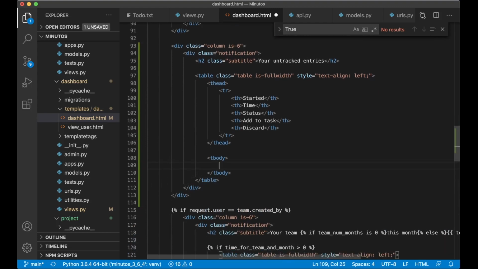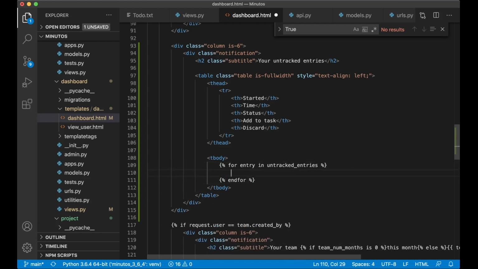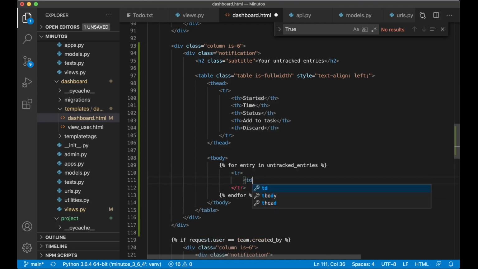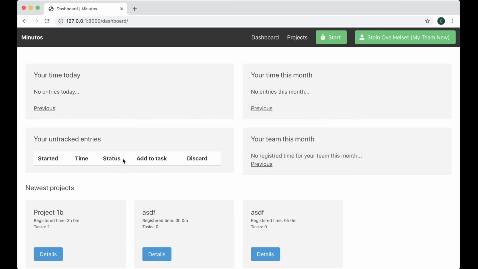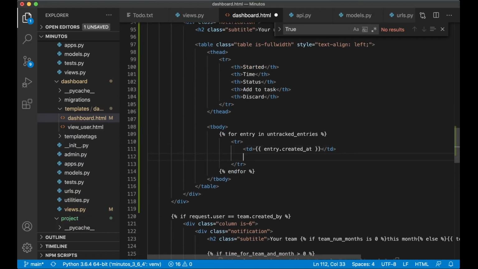And in here I want to loop through the untracked entries. So for entry in untracked entries, and for tr td entry.created_at, you can save and see if it's working. No, there are no untracked entries. I don't think that is correct, but I will fix it soon. I can just make this ready first. td